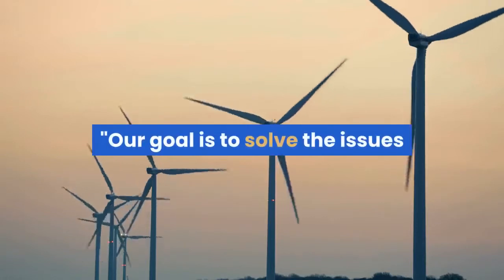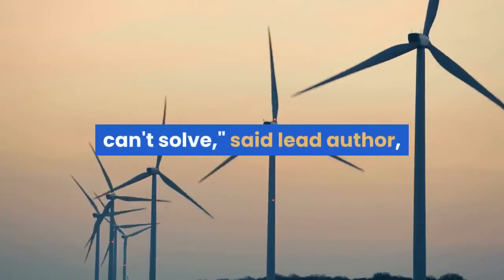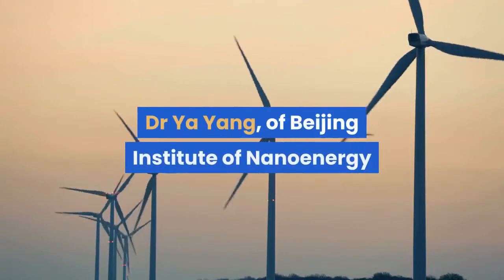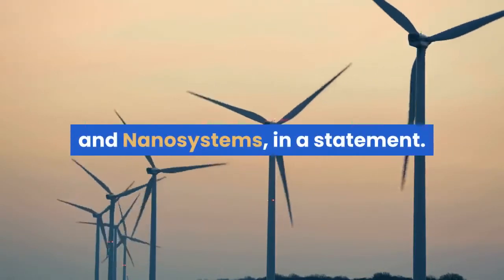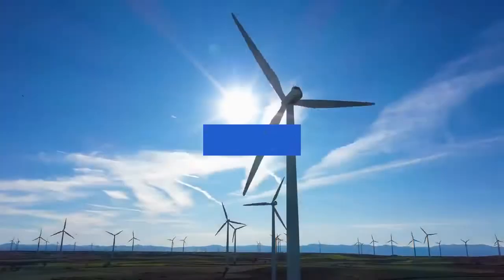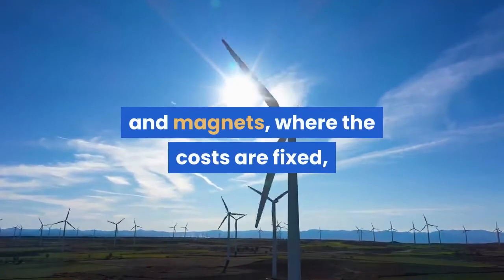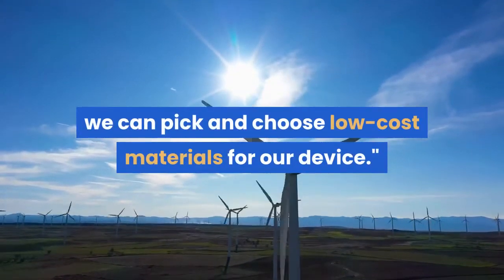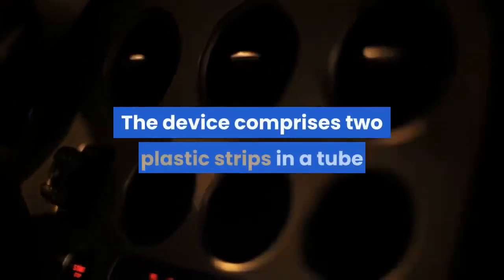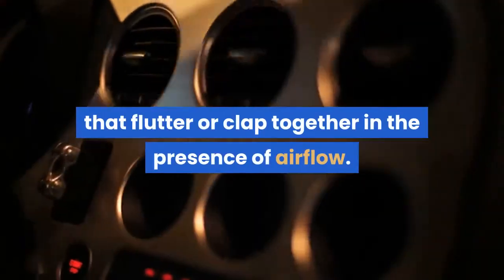"Our goal is to solve the issues that the traditional wind turbines can't solve," said lead author Dr. Ya Yang, of Beijing Institute of Nanoenergy and Nanosystems, in a statement. "Unlike wind turbines that use coils and magnets, where the costs are fixed, we can pick and choose low-cost materials for our device." The device comprises two plastic strips in a tube that flutter or clap together in the presence